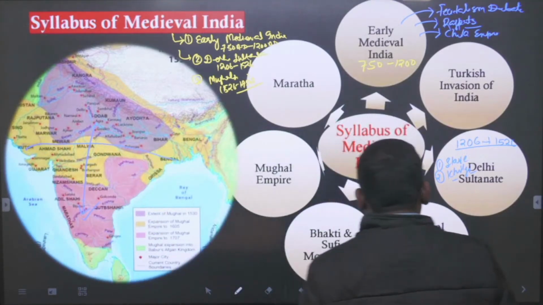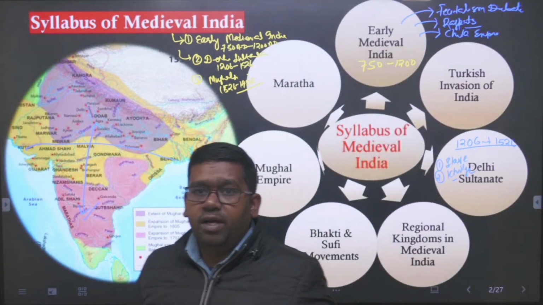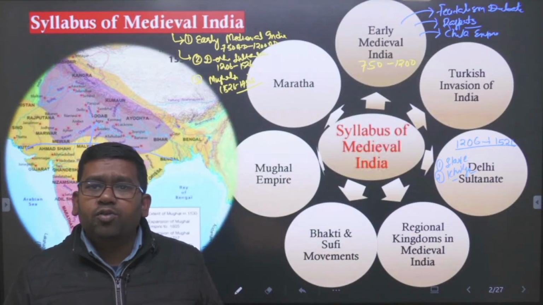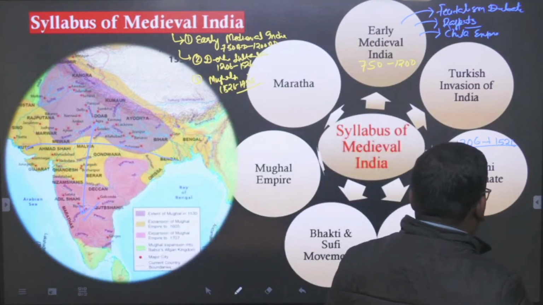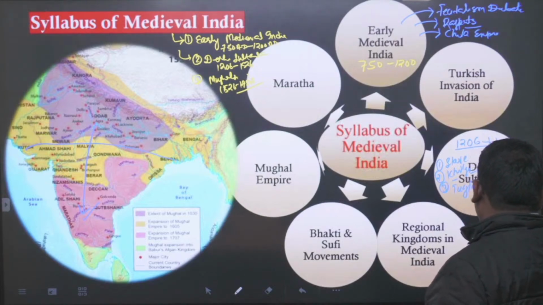He is the one who brought market reforms. He is the one who introduced the Dag and Chehra system in the military systems. So these are the things we know about Alauddin Khilji. He had done so many reforms: market reforms, revenue reforms, and all. Apart from it, the third dynasty which came in the Delhi Sultanate is the Tughlaq dynasty, and the most famous ruler of this dynasty